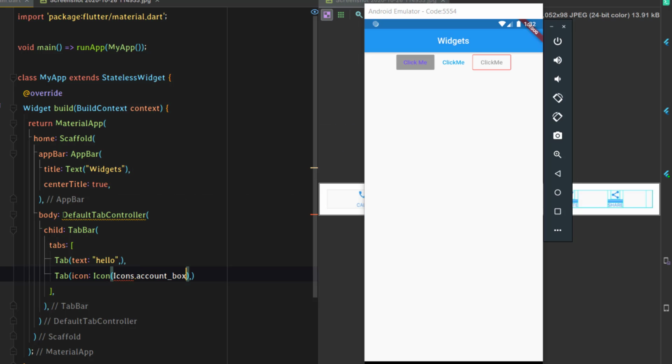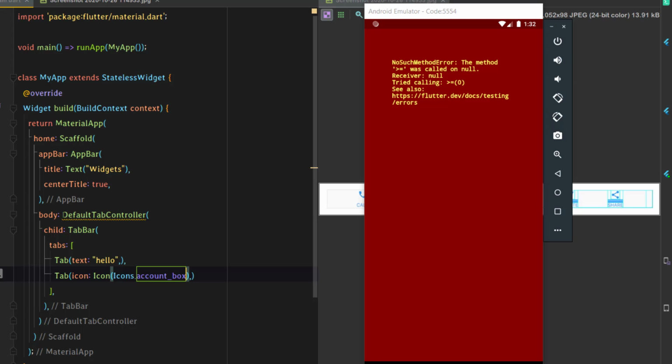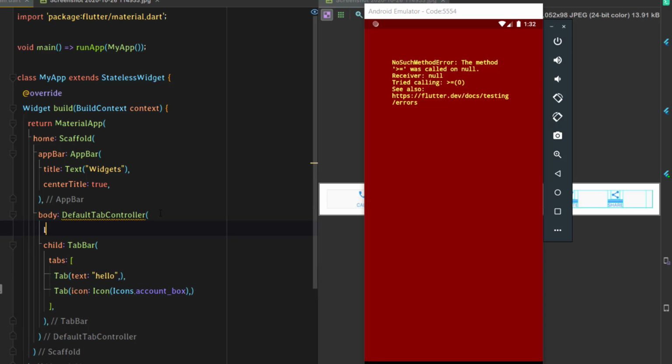Box. Just save this now. We basically have two tabs. The reason why we are getting this error is because we haven't mentioned the length of the tabs that we have. To do that, just mention this length, and we just have two tabs, so we'll just add 2 and just save this.